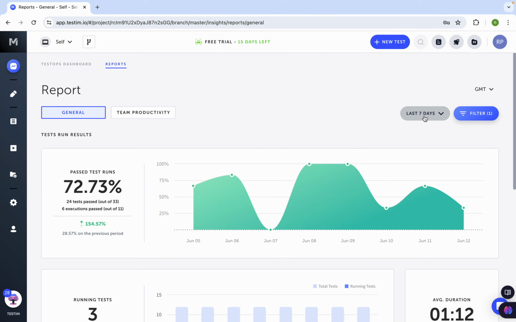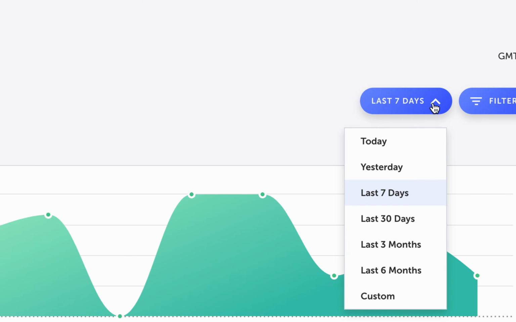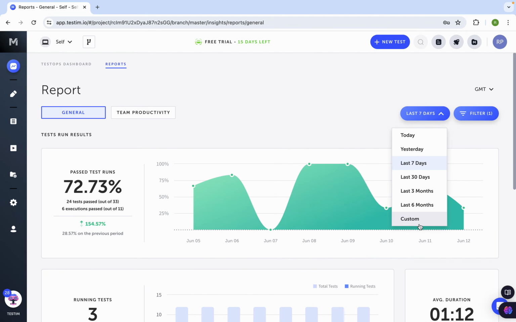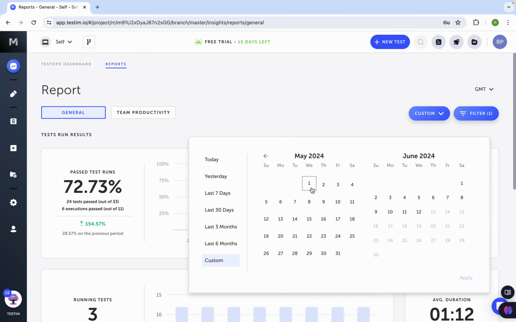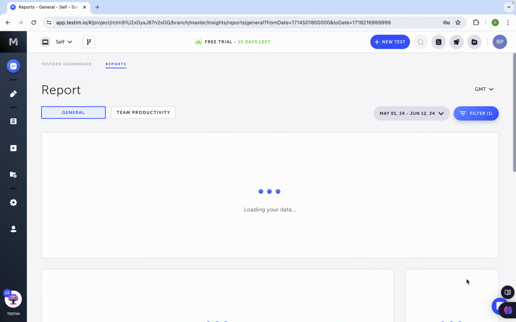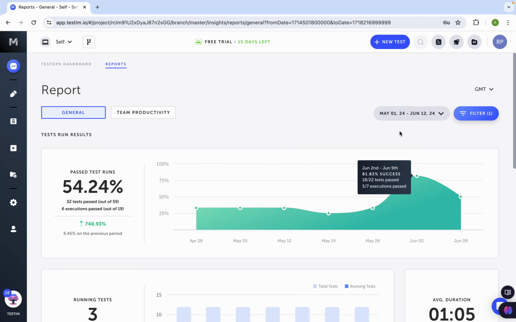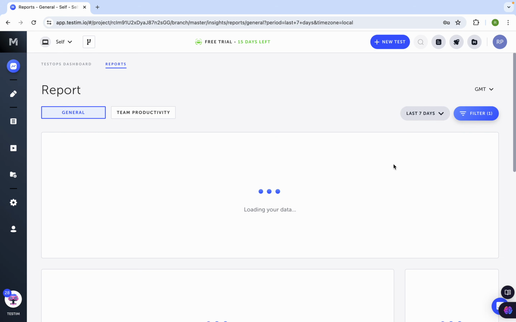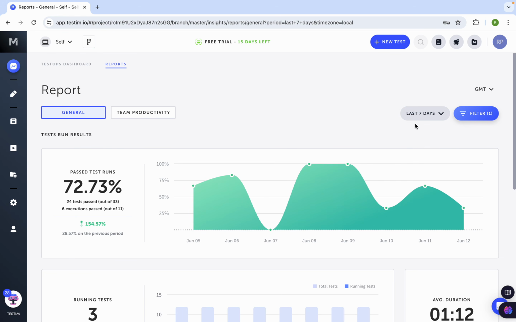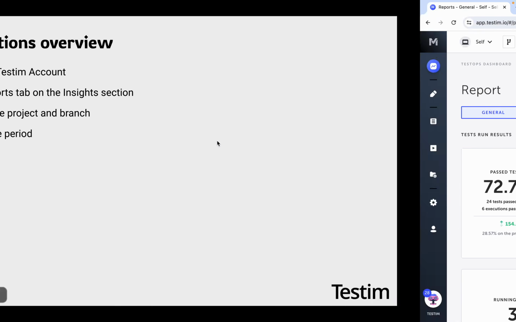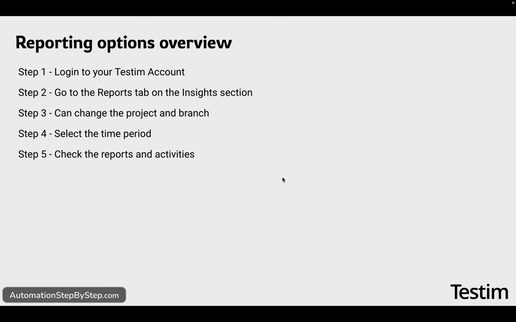Okay, then we can also select the time period. So here you can see we have an option to change the time period. We can select today, yesterday, last 7 days, last 30 days, 3 months, 6 months, or we also have a custom option. So I can go to custom, and then I can set the date range like this, and then say apply, and you can see the reports accordingly. Okay, so we can set the filters, we can set the timeline,